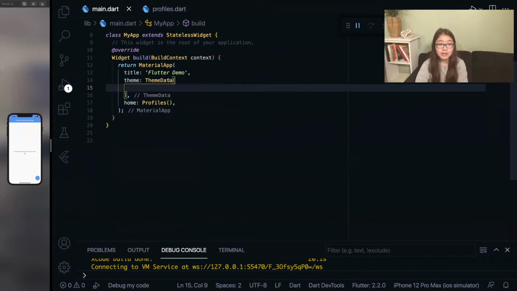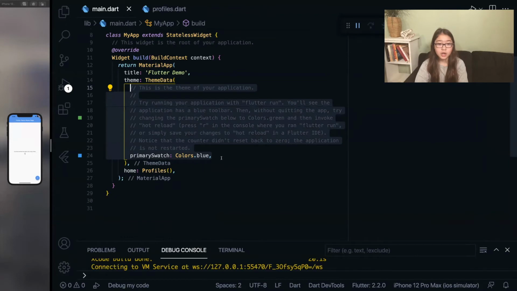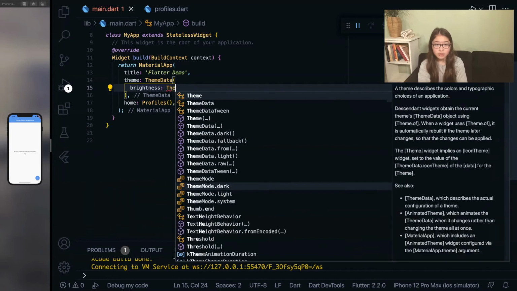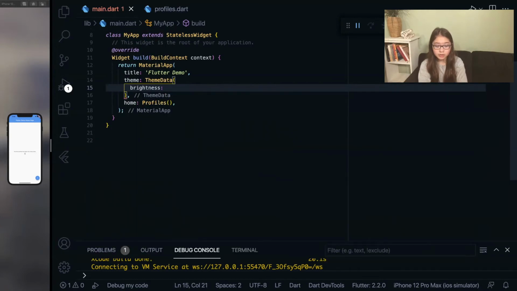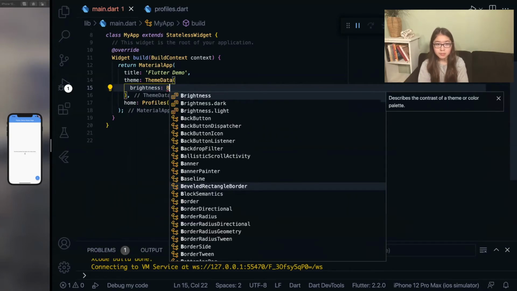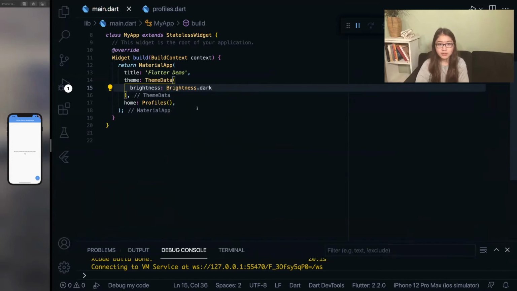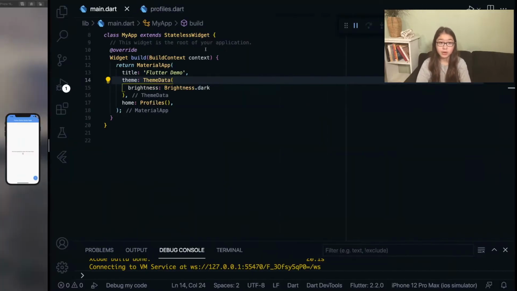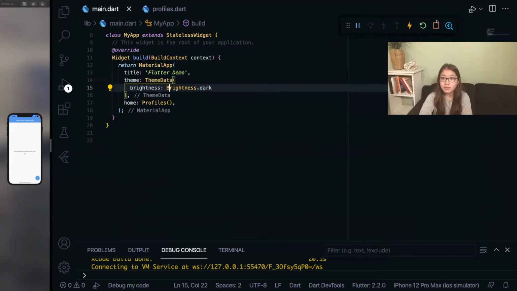Automatically it will already have a theme data property, and that's the code that I just deleted, which is the default theme data that pops up. In theme data, you can use the property brightness and then call theme, and then you can call brightness dark, and this will automatically give you a dark app bar and a dark background for your app. So if I refresh this,